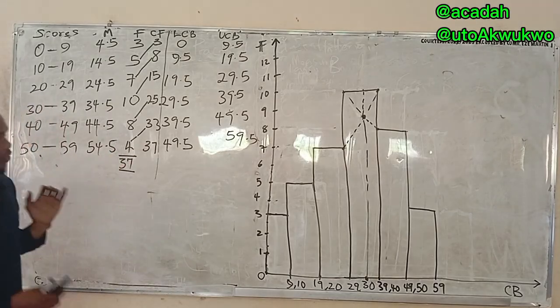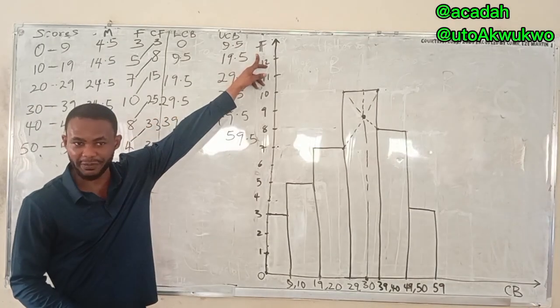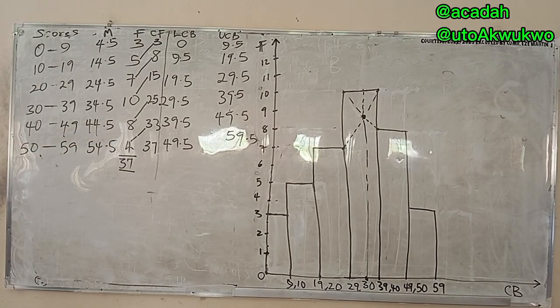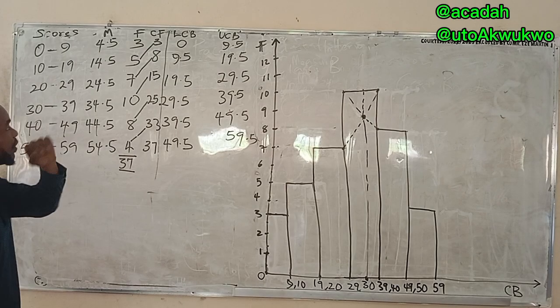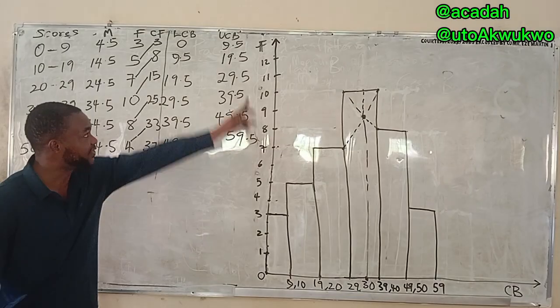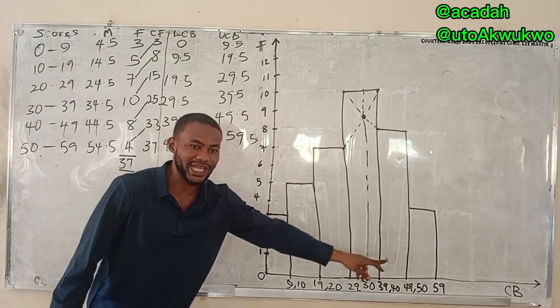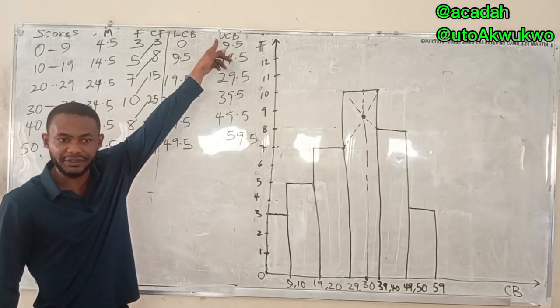Notice that everything I've been using here is frequency on the vertical axis. Your question will ask you to draw a diagram, and the diagrams you are going to draw will be within these diagrams I'm giving you now. So it's important to note it. The last one I want to give is what we call cumulative frequency curve or polygon. For a cumulative frequency curve or polygon, what you use on the vertical axis is your cumulative frequency, while what you use on the horizontal axis is your upper class boundary.